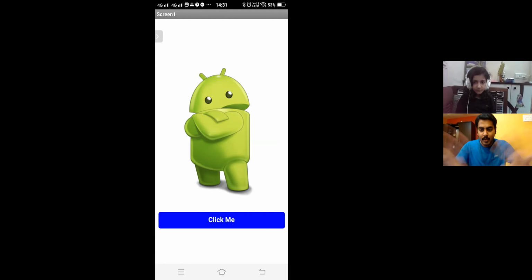Okay, I will demonstrate this. So now you understood this, right? This is the app which we are going to develop now. Once I click this button, the background color of the app is going to keep on varying to different colors. Fine. So I'm going to stop this here.